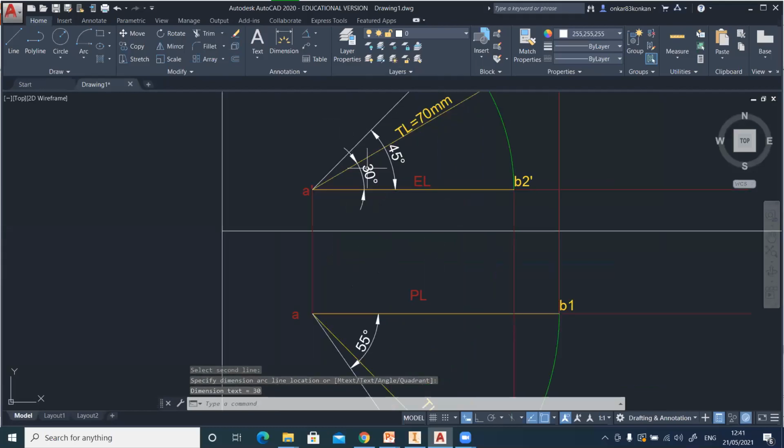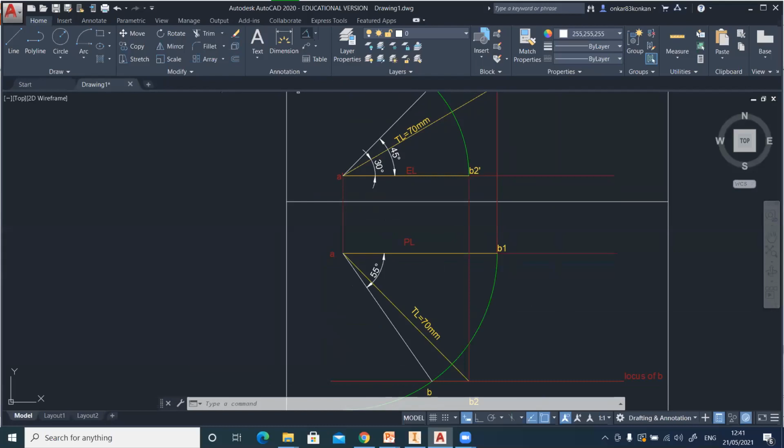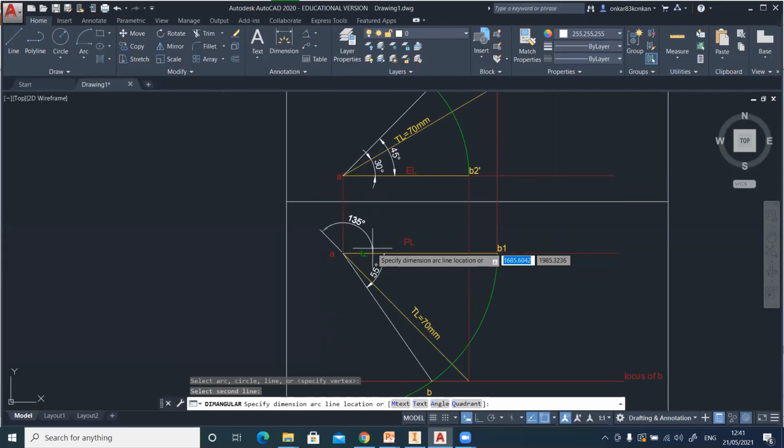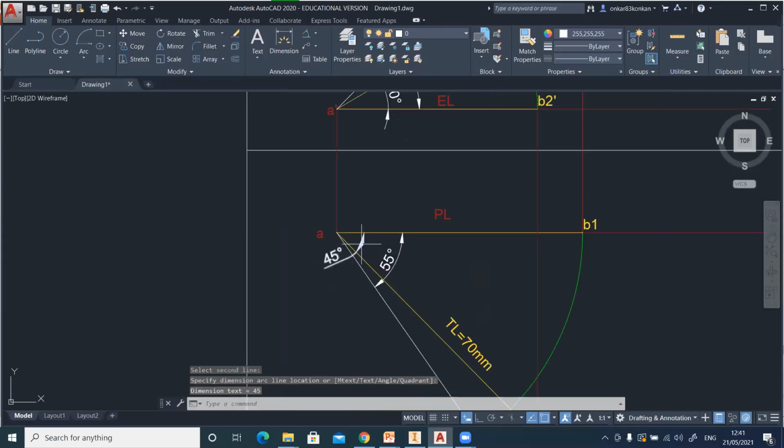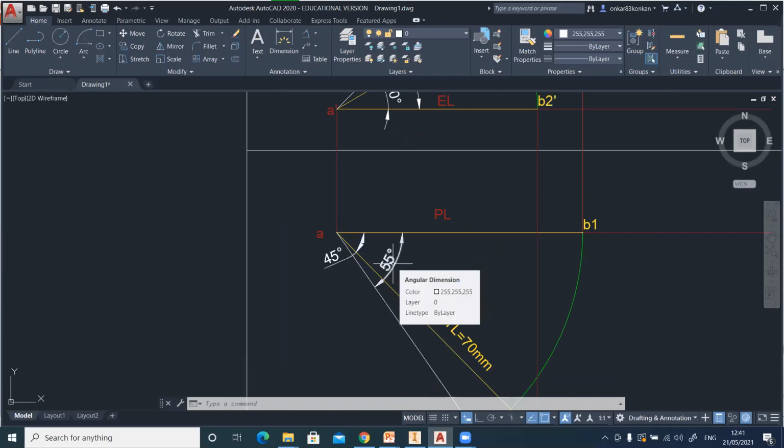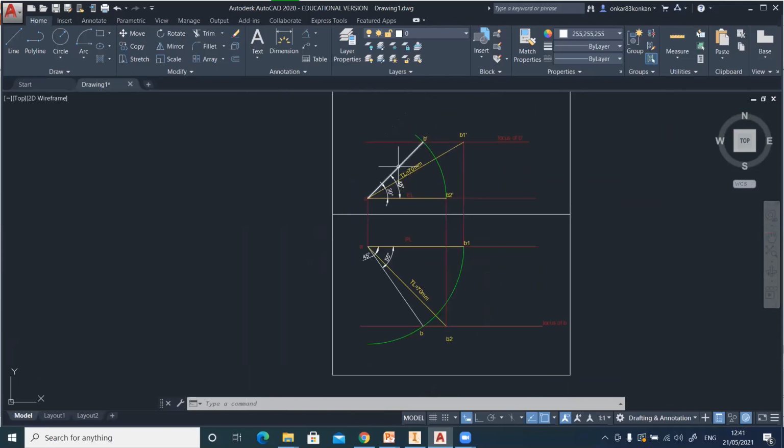This is called theta, and this is alpha, 45 degree. And in the top view, this is the true inclination, which is equal to 45 degree. So 45 degree is phi and beta is 55 degree. Just refer to the notation symbols. And this is the actual front view.